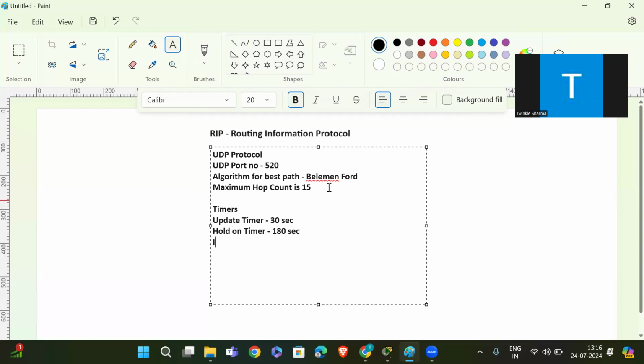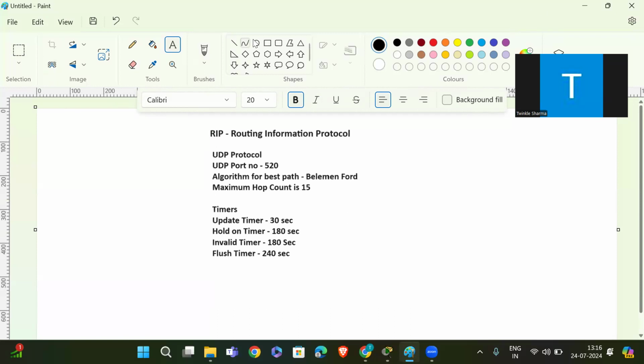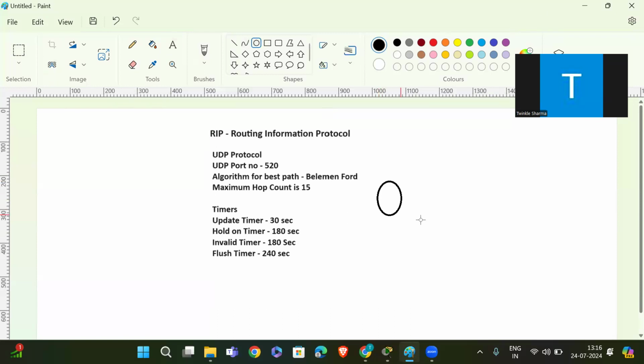After that, we have the invalid timer, which is of 180 seconds. Then we have the flush timer, which is of 240 seconds.